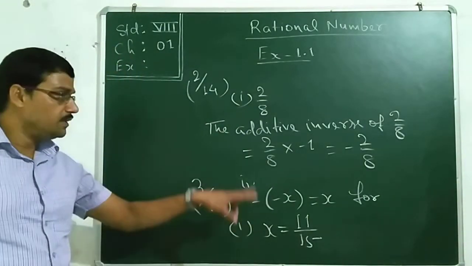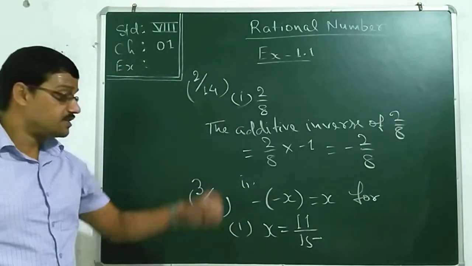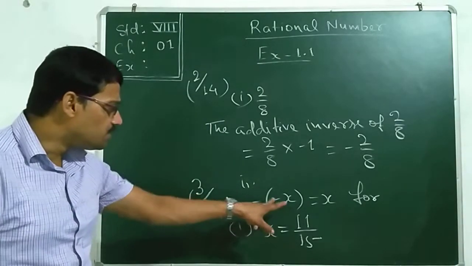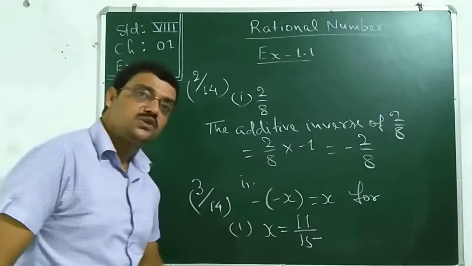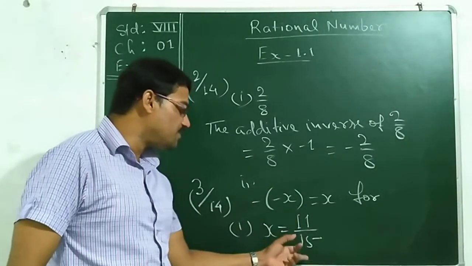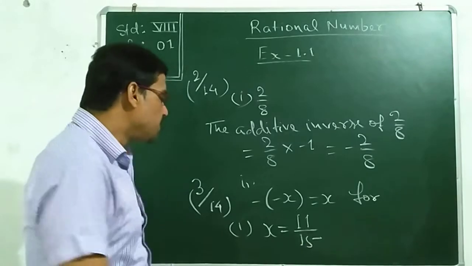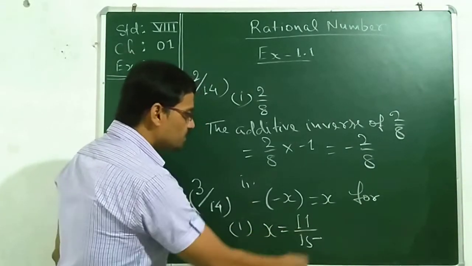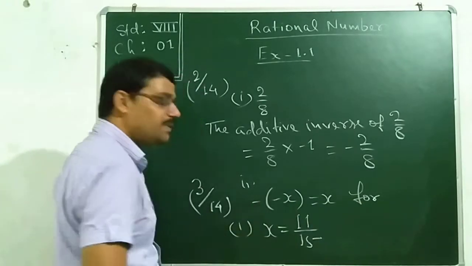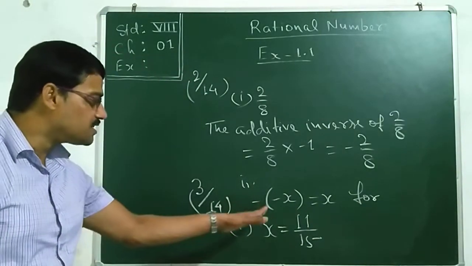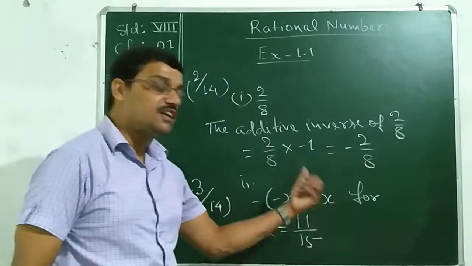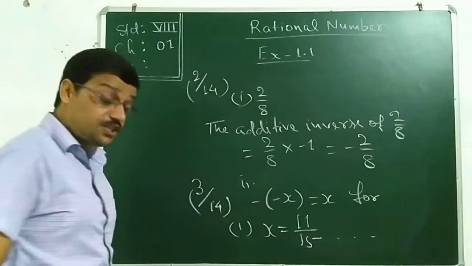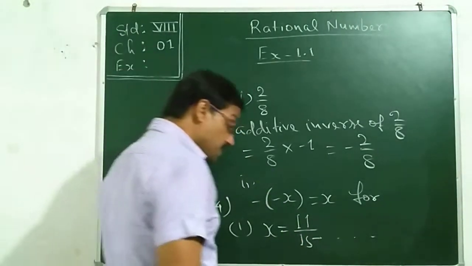If you remind our previous class, in that class I had explained you negative of negative that once again turns to positive. When x is 11 by 15, you can simply put it like minus minus x equal to minus minus 11 by 15, and minus and minus will change to the positive number, and very simply you can solve. So do it. And next sum I am explaining you.